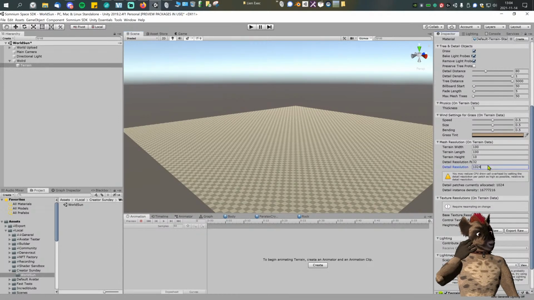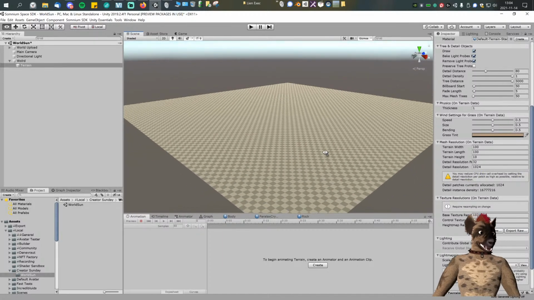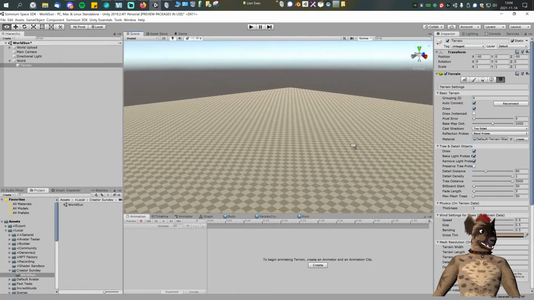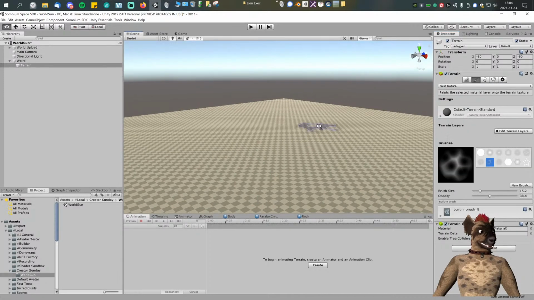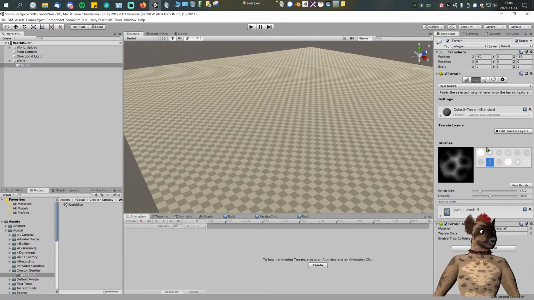Detail resolution 24. I'm not sure. Oh, you may reduce CPU draw call overhead by setting the detail resolution per patch as high as possible, relative to detail resolution. Okay. I'm not an expert in terrain, so we will just keep it like this for now, because the rest is more about optimization. So let's just paint texture here with the brush. We need to edit terrain layers,